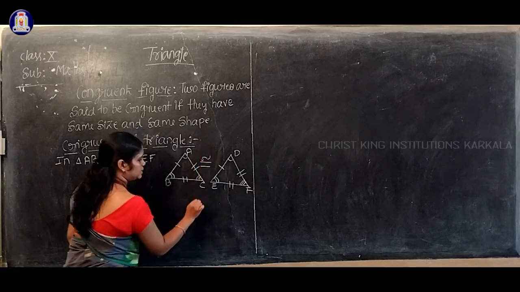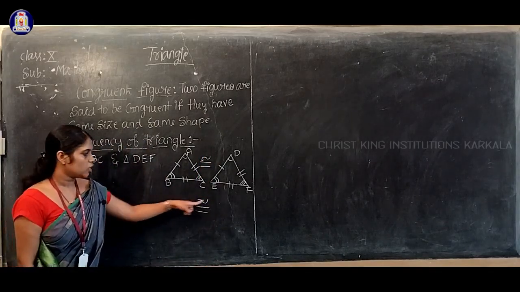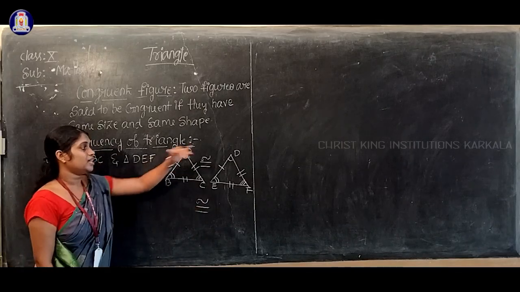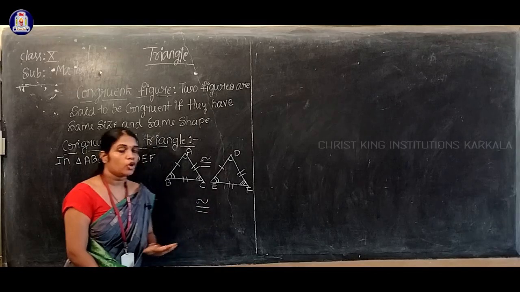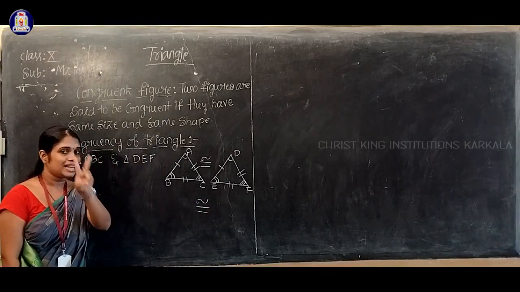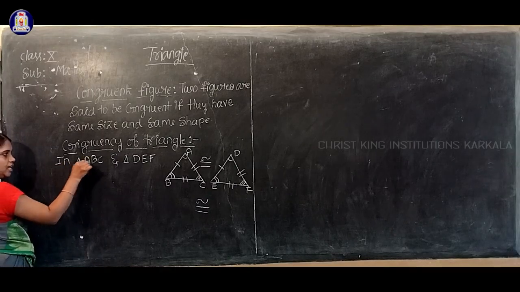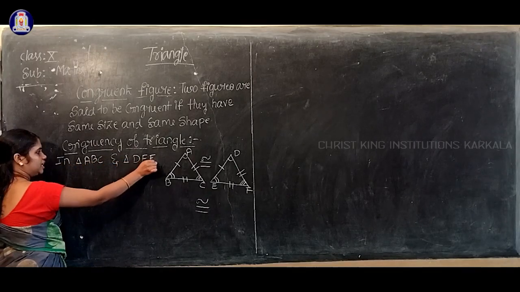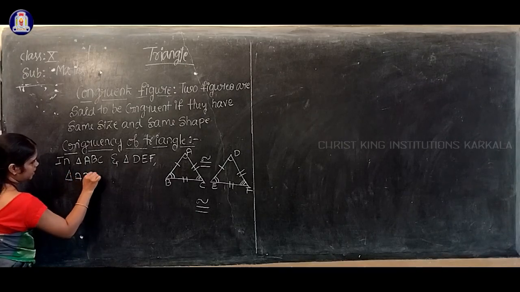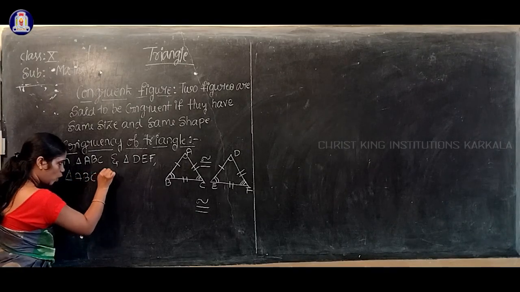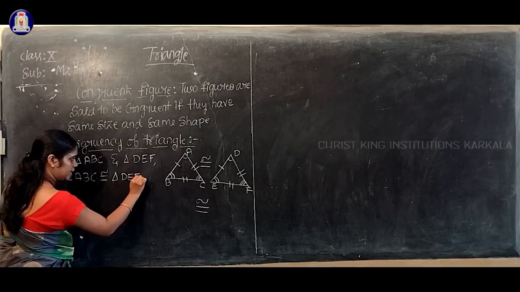Your congruency symbol is like this. When can we say that these two triangles are congruent? It must satisfy two conditions. So here I will write, in triangle ABC and triangle DEF, triangle ABC is congruent to triangle DEF